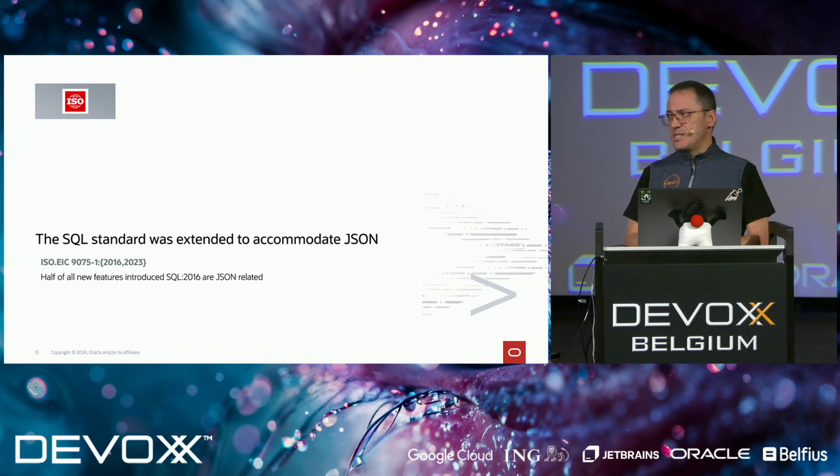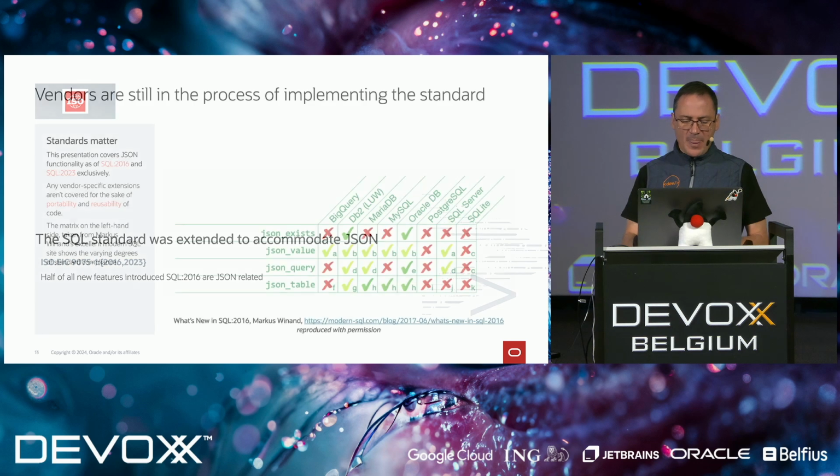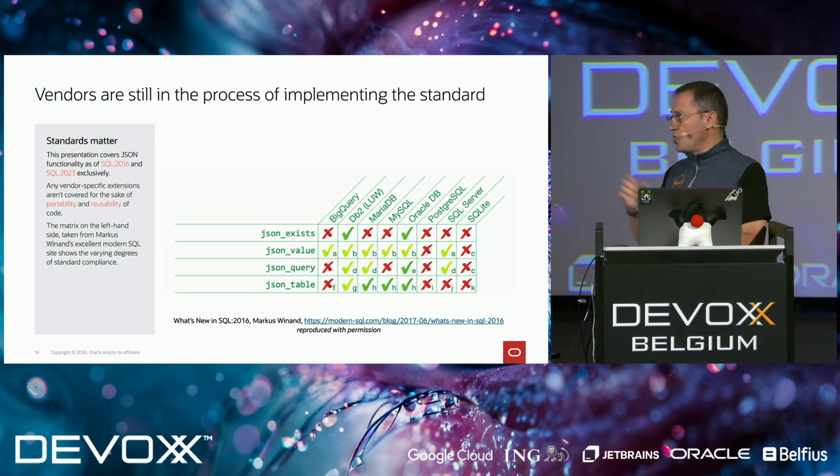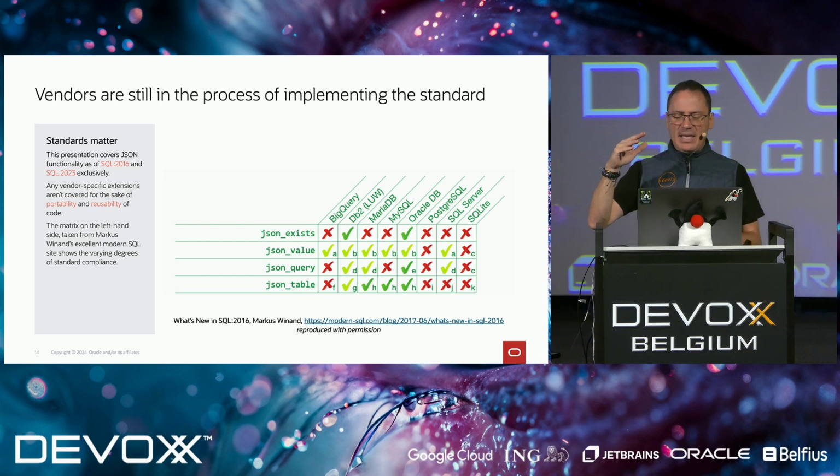When this was released in 2016, the earliest providers... I think I have a slide later about a particular blog post that showcased the current state of implementations of JSON for the different database providers, which is actually this one. This is just one of the graphs. There's a link here on the slides where there's a list of everything that was exposed at the time. Again, this was done in 2017, so I wouldn't like to say old, but it's been 7 years already. So very likely that these database providers have had much better support since then, so it would be a good idea to have a reevaluation of this particular report.